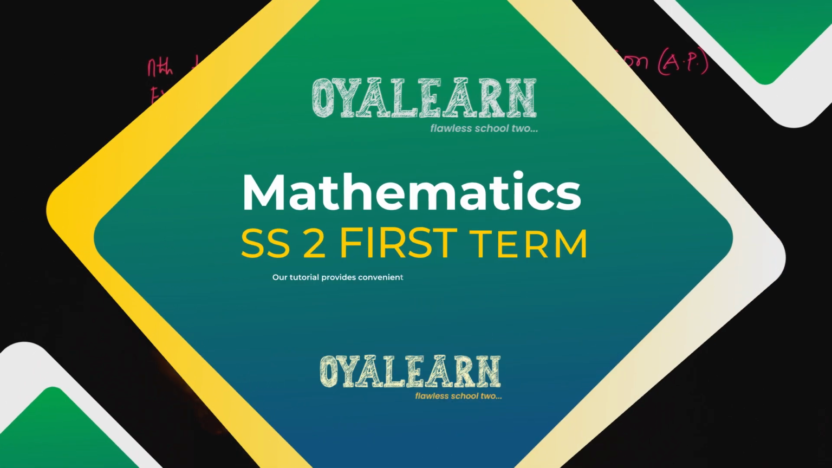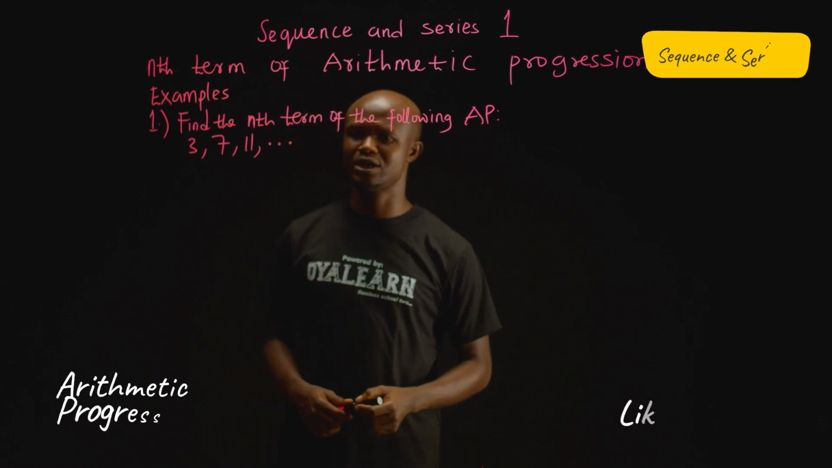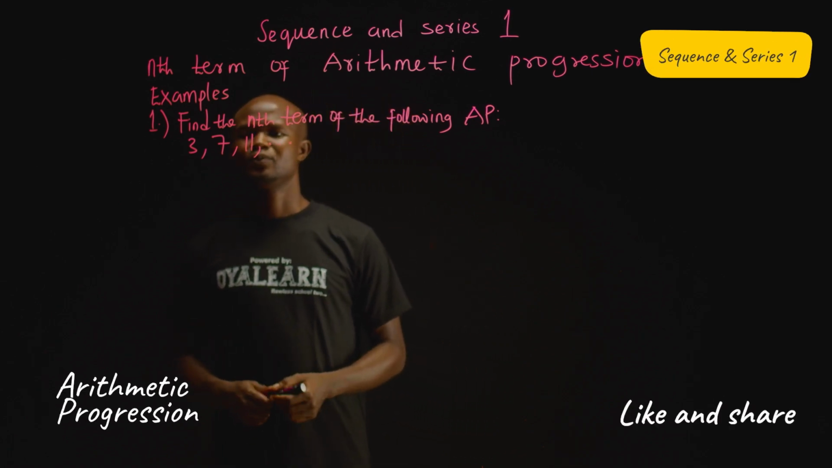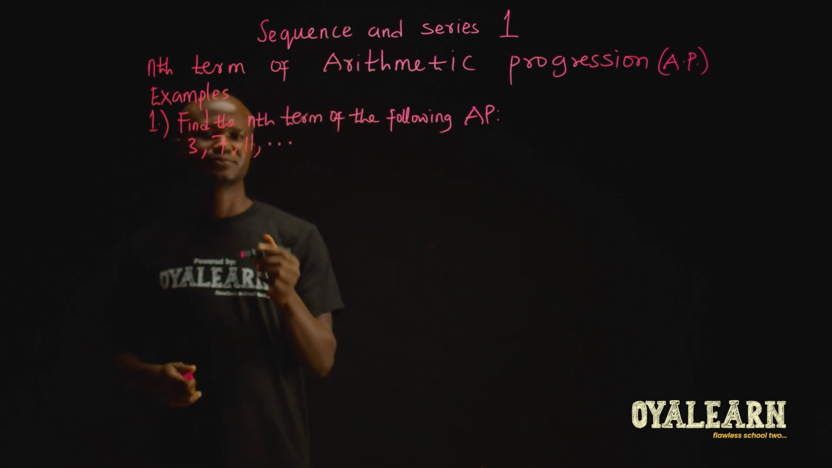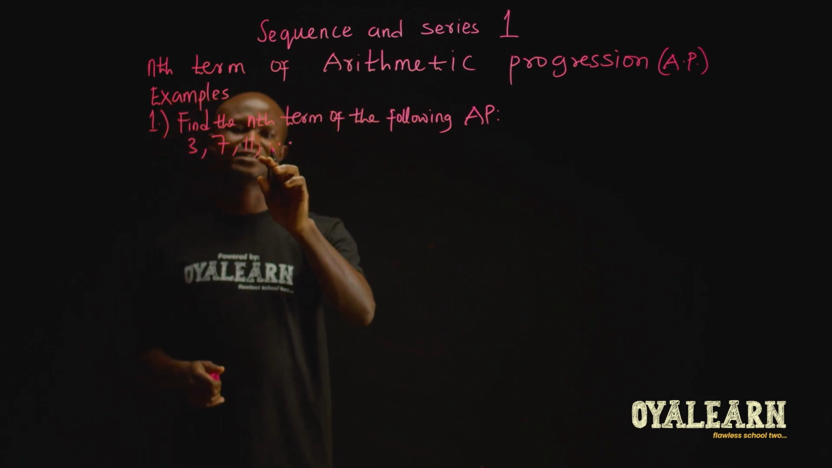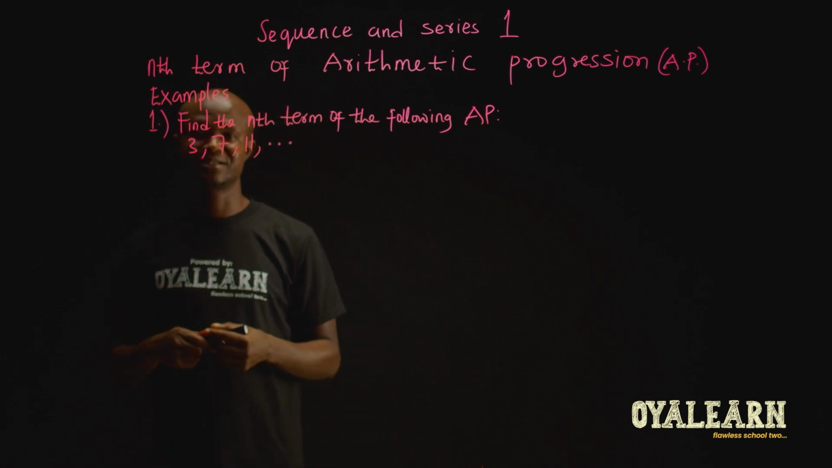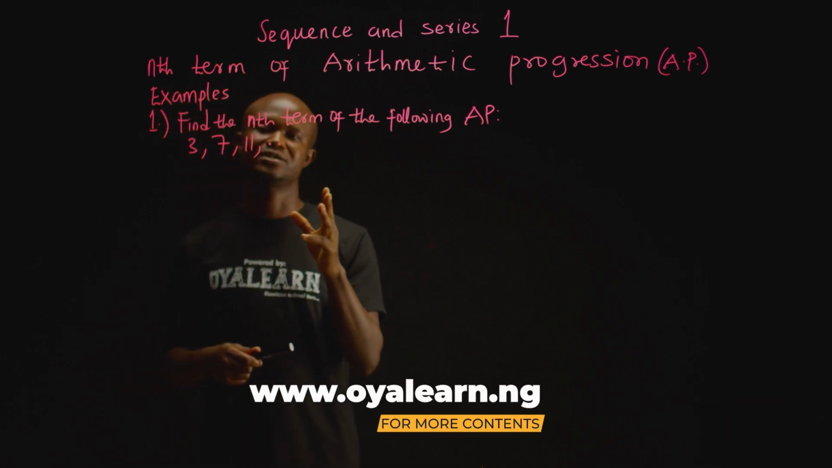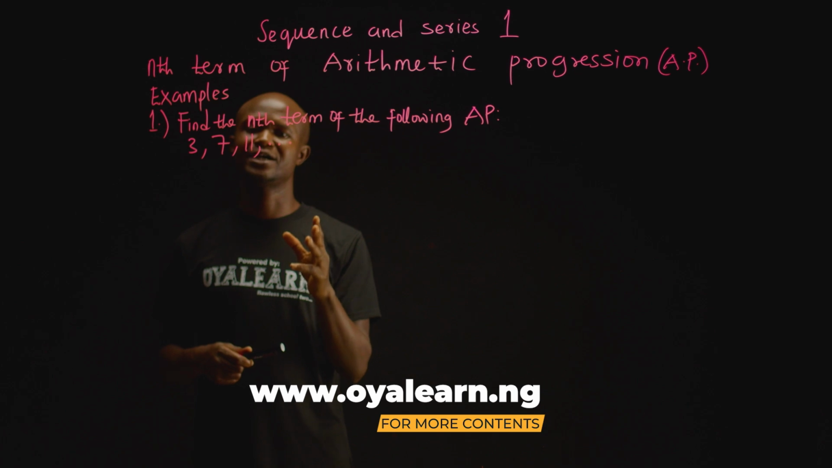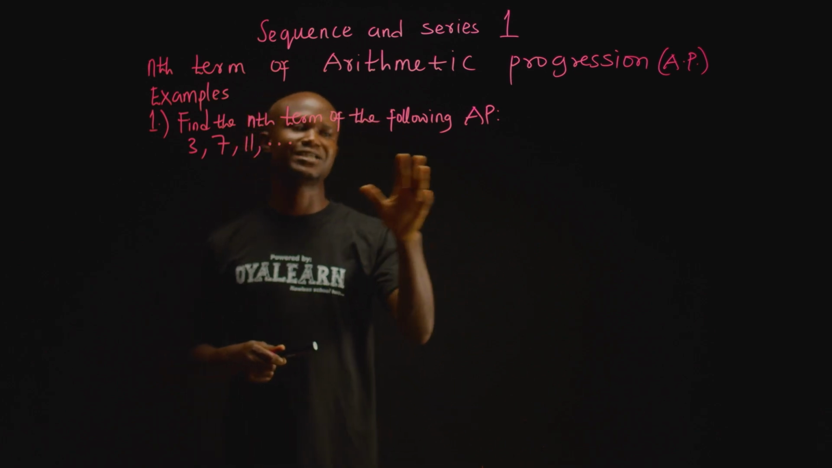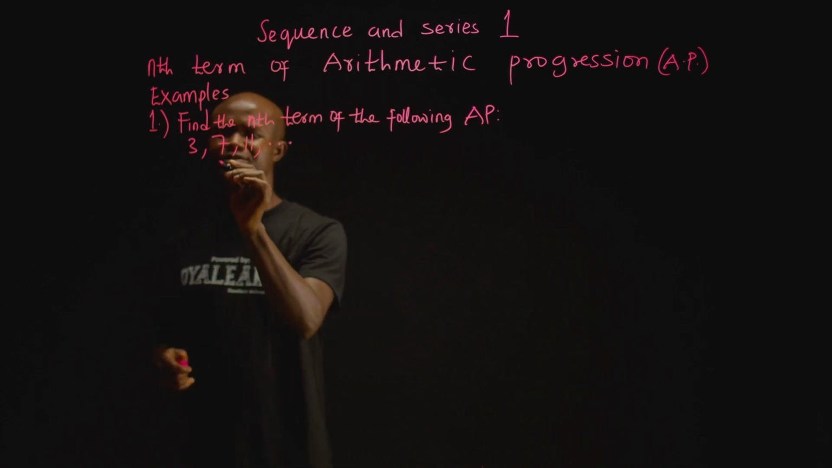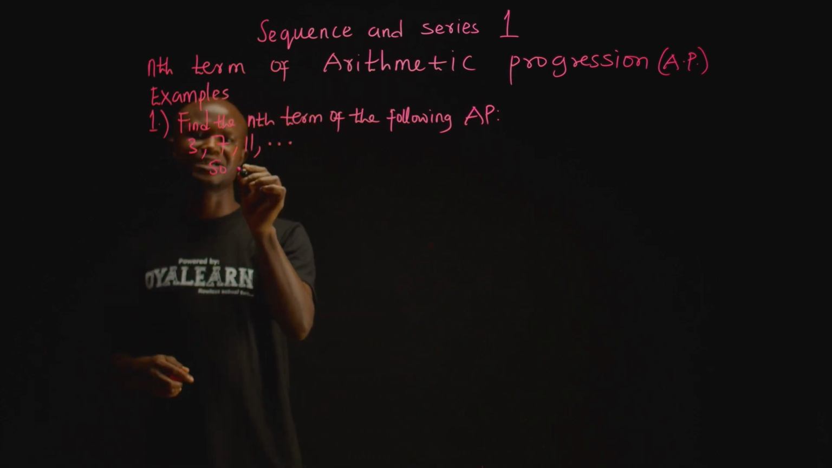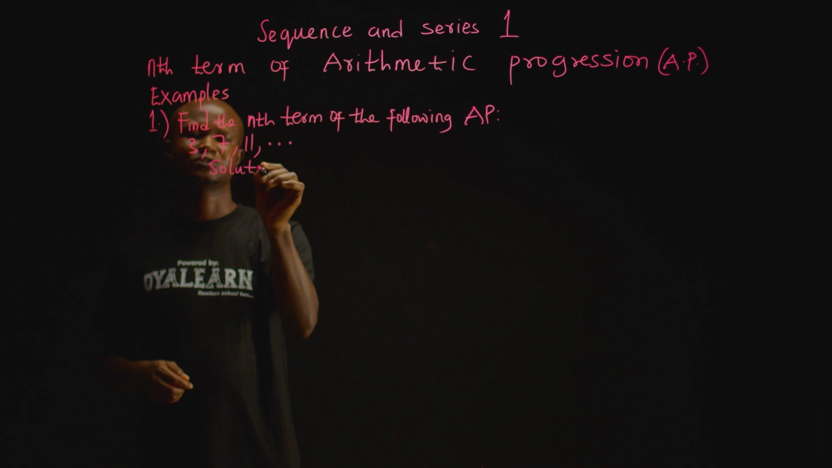Examples. Find the nth term of the following AP. We have 3, 7, 11, and these three dots indicate that this sequence is an infinite sequence. And we know that this is an AP, arithmetic progression. So in this case, for us to find the nth term of this AP,